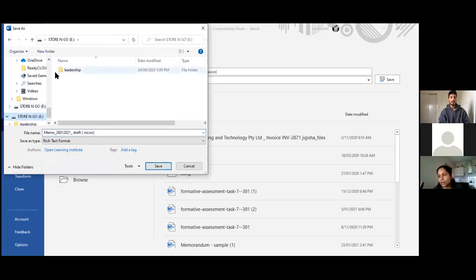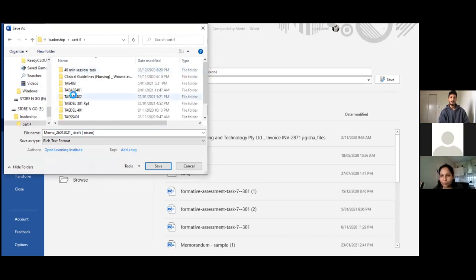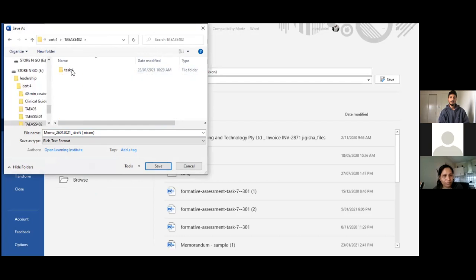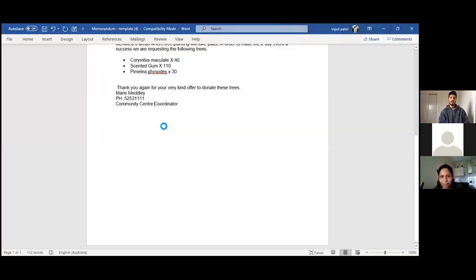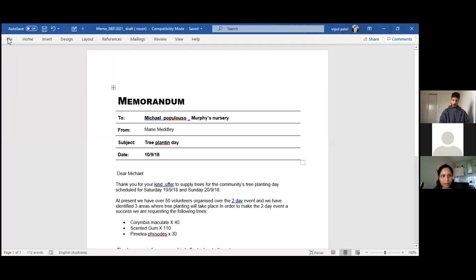Yeah, I'm opening my USB where I'm going to save it. Now save again. Now let's go back to the instruction.